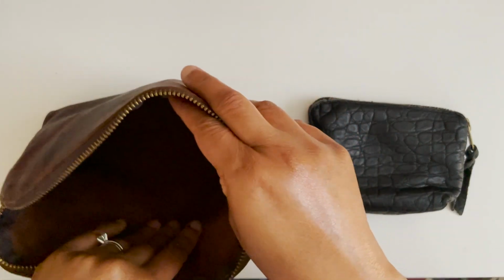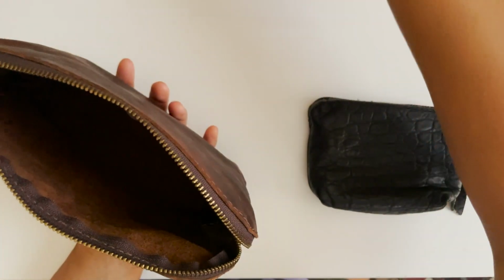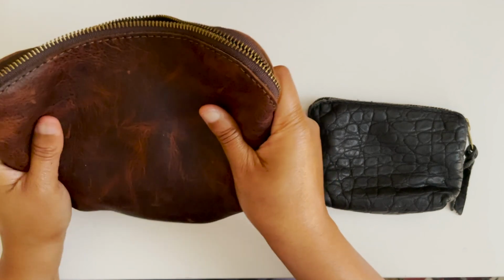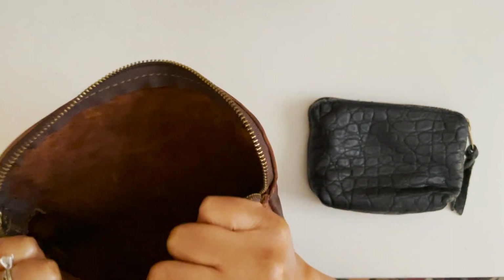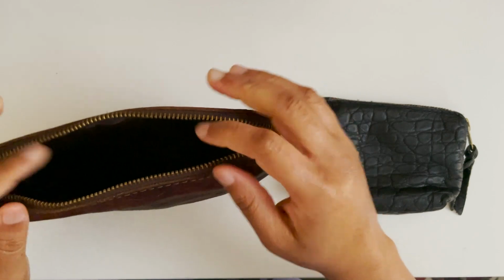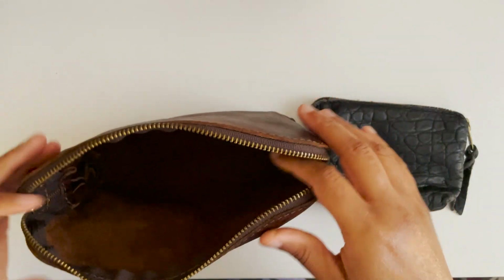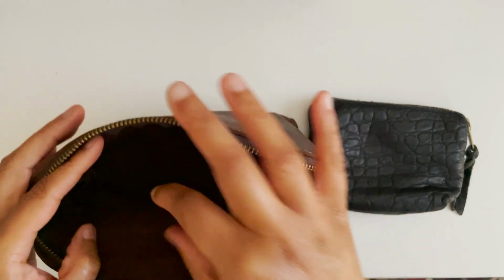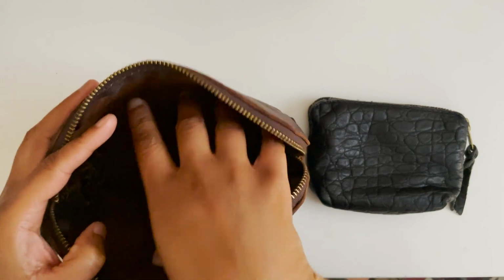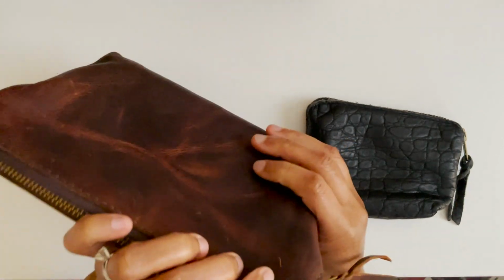Now, the only thing that I'm worried about is the type of things I put in here, because if it's anything that has to do with undyed leather, I know it will transfer because this leather is very moist and can mark up other things. So I have to really pick and choose what I want to put in here. I am thinking I would be putting mainly maybe some of my stamp pads and my stamps, or I don't know, I'm kind of worried about my stamps. Maybe some other pouches that I could put in here for journaling purposes. So I'm still trying to figure out what I want to use it exactly for,